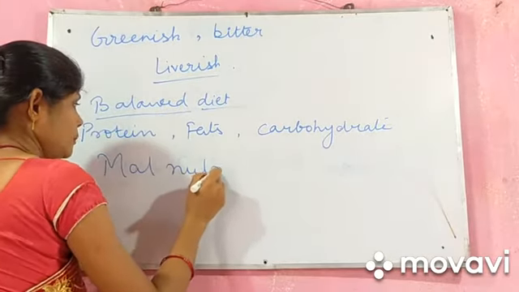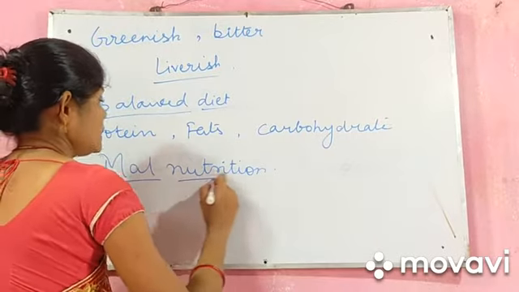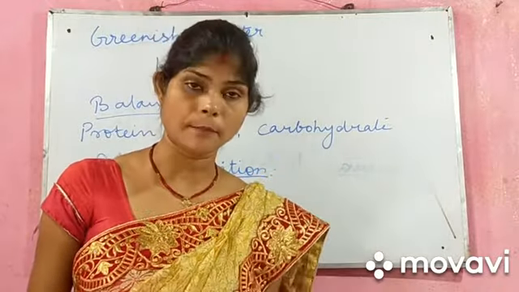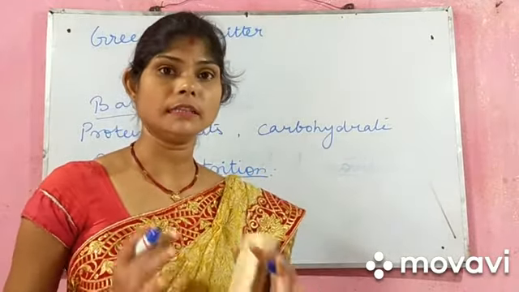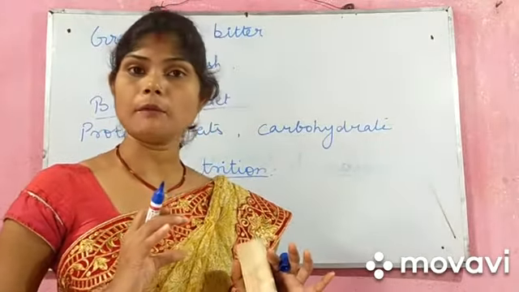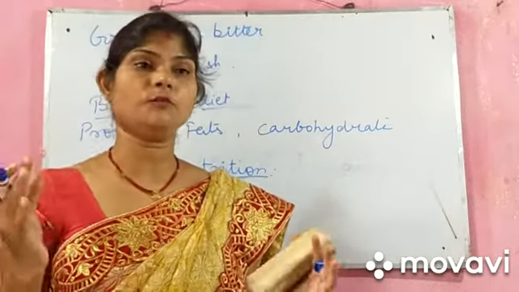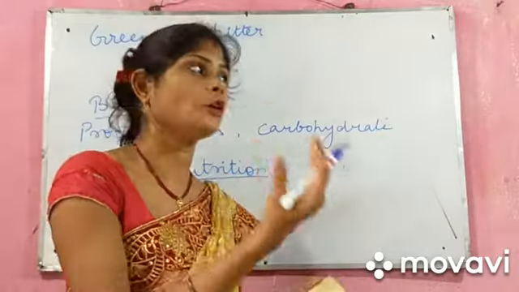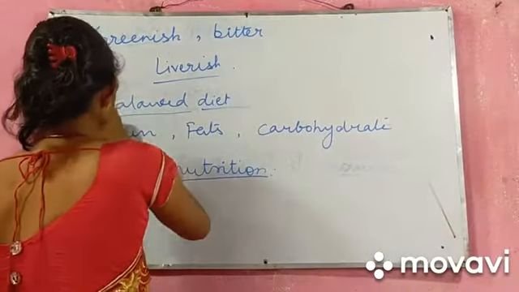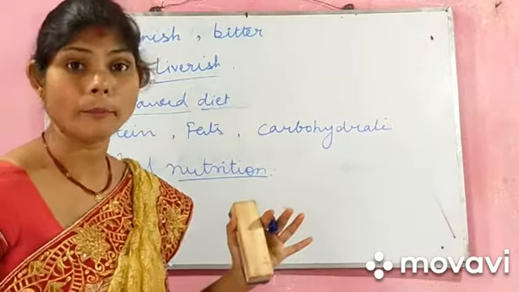Here comes a new term, malnutrition. Balanced diet is a process in which whenever we are taking any diet, it should be balanced and in a proper amount, because our stomach is a small place. That much food only it can digest how much is required by our body. If we are overeating, eating more and more very tasty food, then we suffer from indigestion problems. So to get rid of these problems, we should always take food in a balanced diet way, and a balanced diet always protects our body from malnutrition.